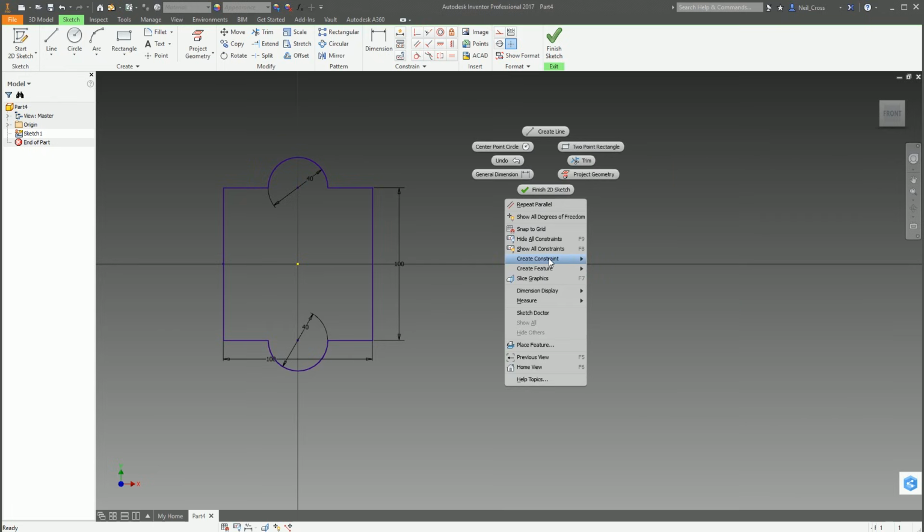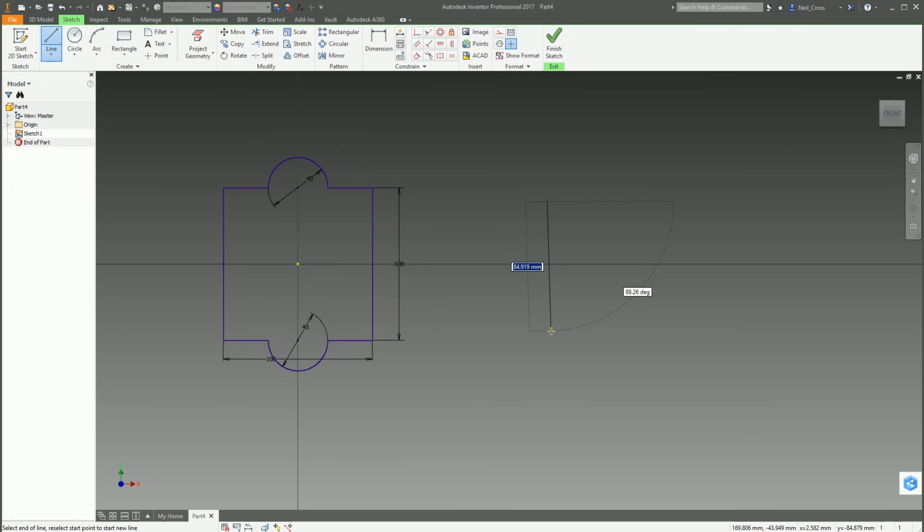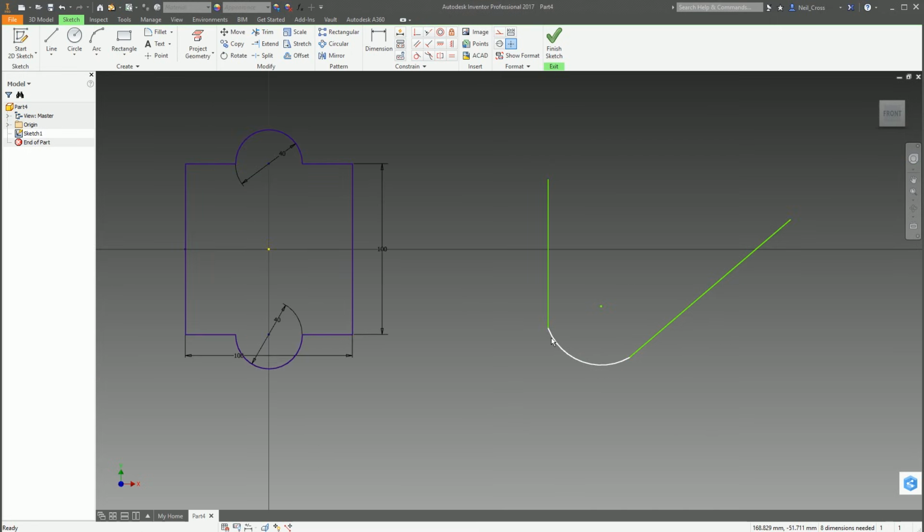What else we got? We've got a couple more to cover. We've got tangent. Tangent's a pretty straightforward one. So let's draw a line straight down, and then what we'll do is we'll create an arc from this endpoint. So our arc is going to extend around there, and then we're going to draw a line coming out from the arc, maybe up there. Right, so the tangent constraint forces an arc and a line to be perfectly tangential to each other. So it's almost like the arc becomes a circle and its quadrant point is intersecting the end point of the line. It just comes out at a perfect circle from the end point of the line.